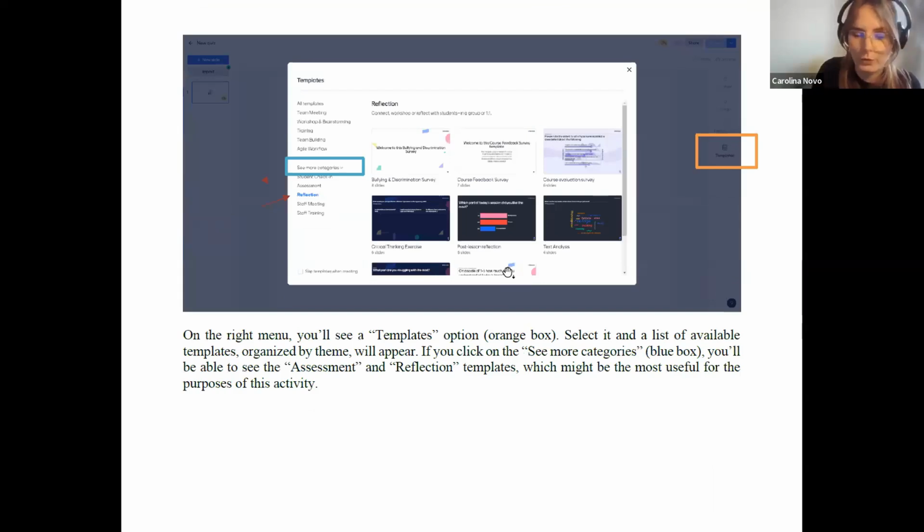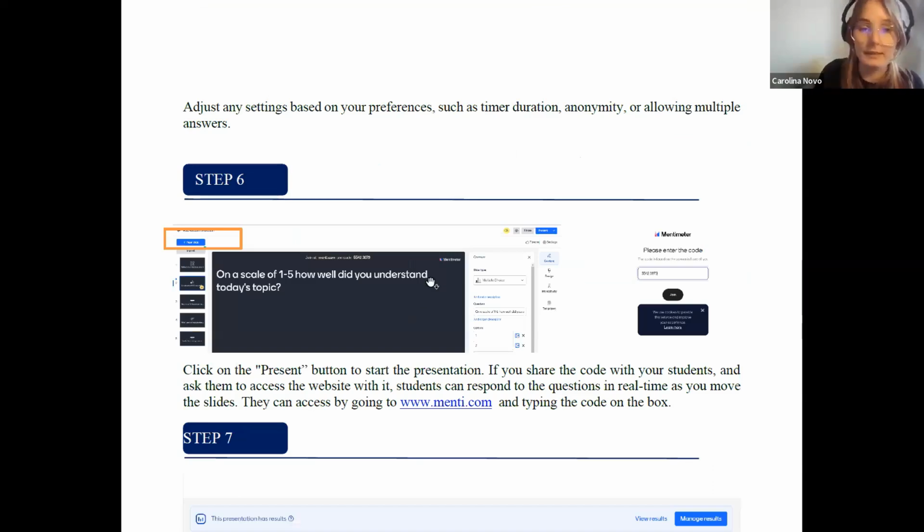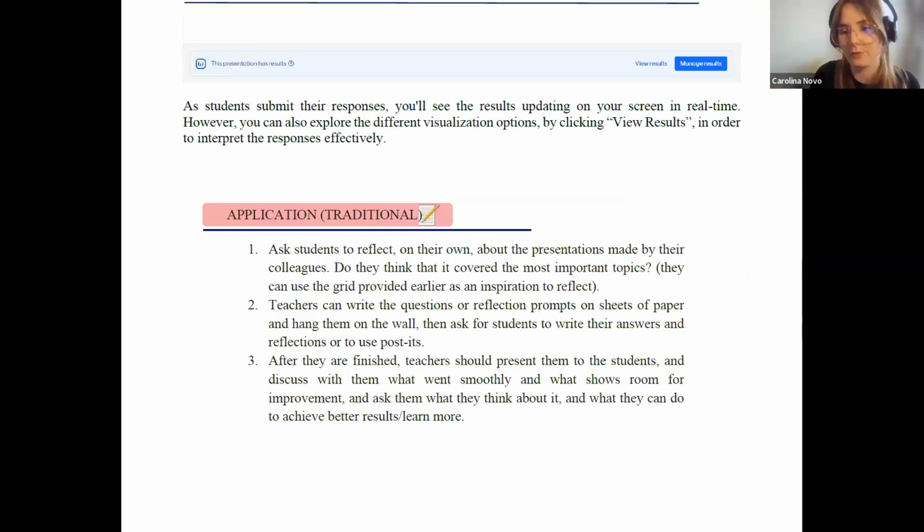But if you just want to do a more traditional evaluation, you just have that evaluation grid that I shared before, and you can use it to guide your evaluation, and they can write feedback or reflection or questions in post-its as well. They can do the evaluation on a big paper on the wall, as you prefer, so it leaves you some space to adapt to your needs. So yes, I think I'm finished.